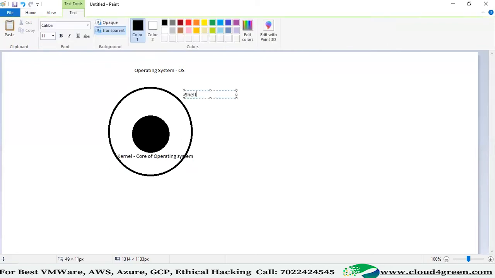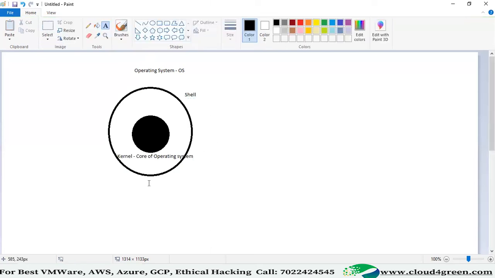Where have you seen this, man? In my video. Very good. Core of the operating system is called kernel. Outermost layer is called shell. Just think this is like an egg only. Outermost layer, the shell, is there. White color substance, and inside you will have that yellow part, right? Think like that. So same thing here. In ESXi also like that.